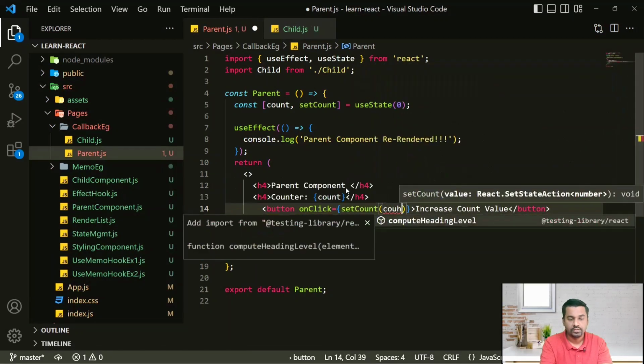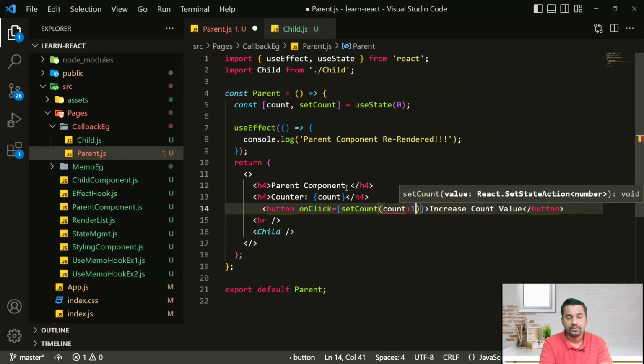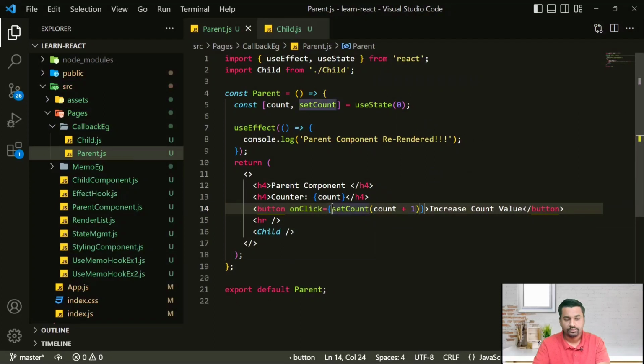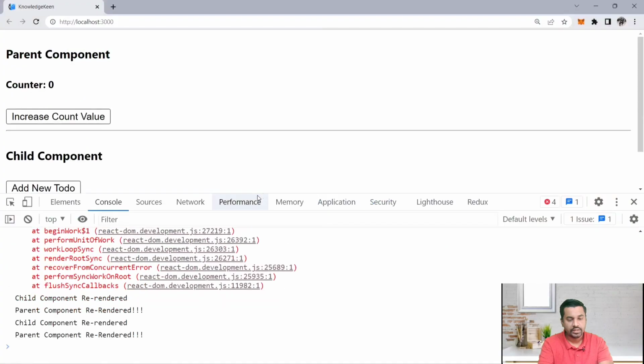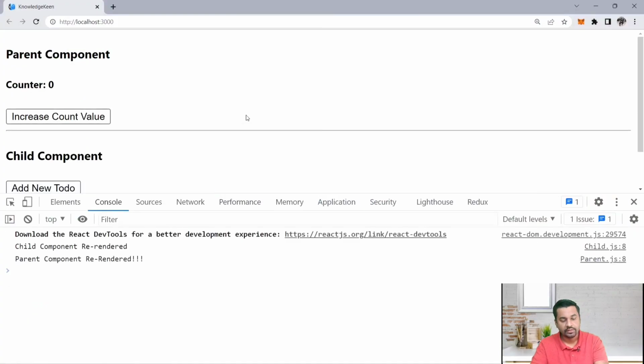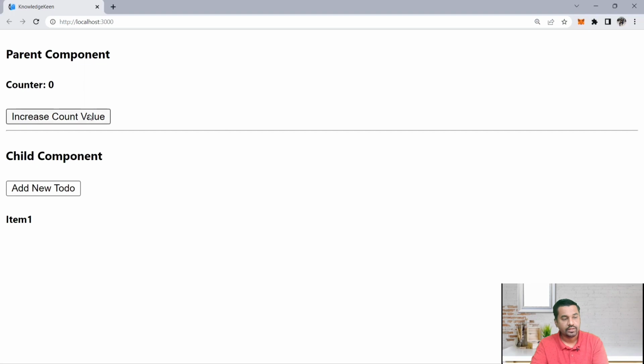Set count, original count value plus 1, but this is going to be using an arrow function. Absolutely perfect. Let me just quickly say it h5 so that it looks better. No error, nothing, everything looks fine. We have this,